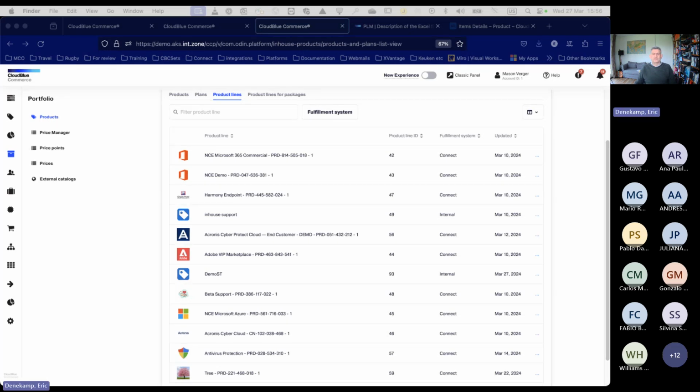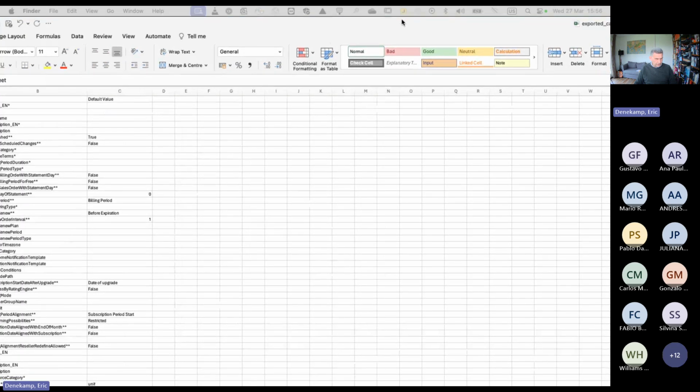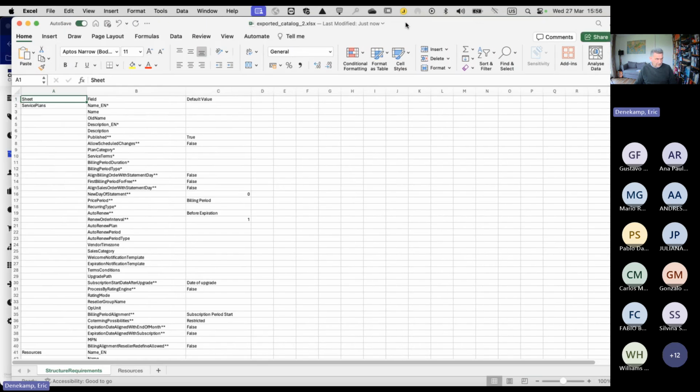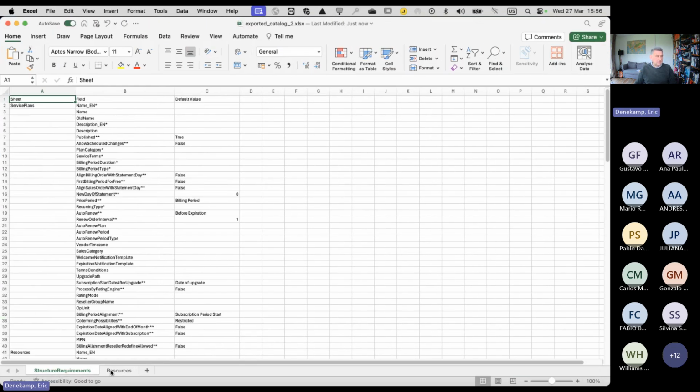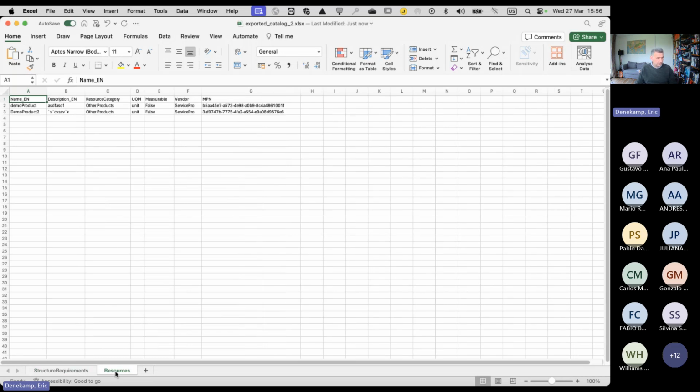If I open that catalog and move this one to this screen, you will see that there are only two tabs, the structure requirements and the resources that I just created, with their individually created MPNs, with the vendor, with the measurable unit, other products categories, the description in English, etc. So now if I want to create a plan on top of this, I need to add a service plans tab.